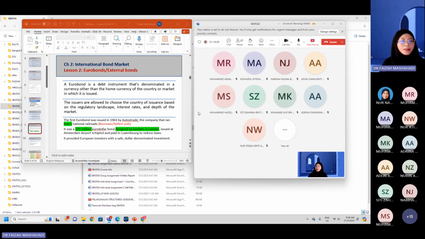Right? So $15 million in 1963. They borrowed this amount of money designed by bankers in London. This is the issuance location, in London. So it is not denominated